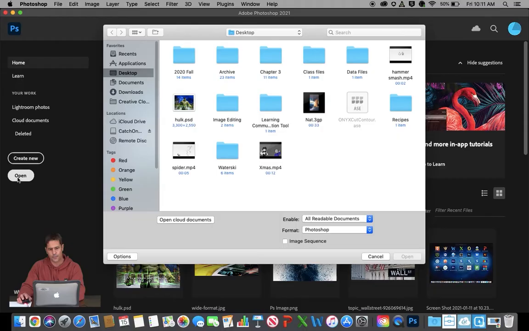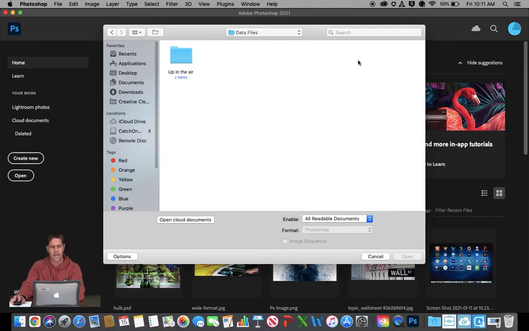All right, so we're going to hit Open, and we're on our desktop, so that is selected. We're looking over here till we see the data file folder we just created. So there, and you'll see in that folder there's a subfolder. All right, and it's the Up in the Air document and Yellow Balloons. So I'm going to go ahead and click on that one time, Up in the Air, and I'm going to